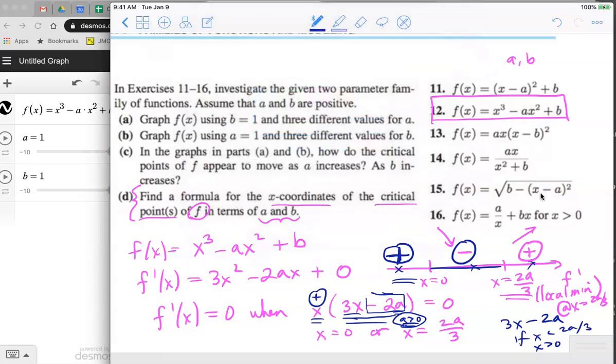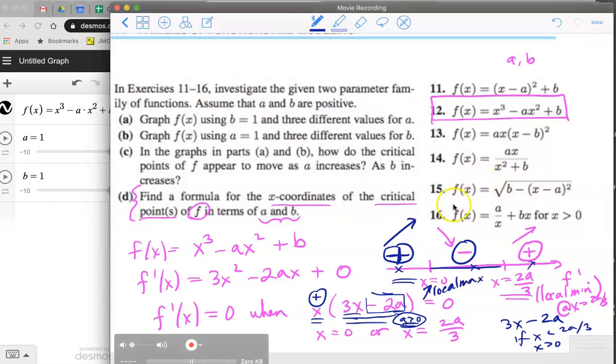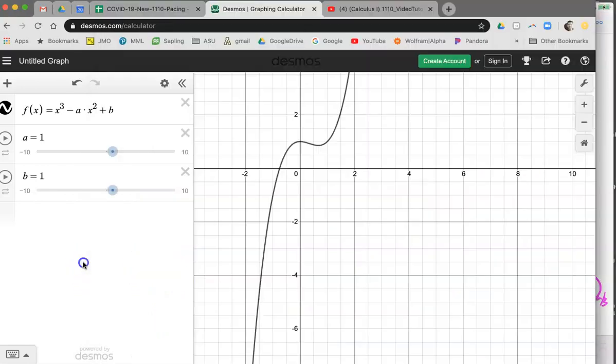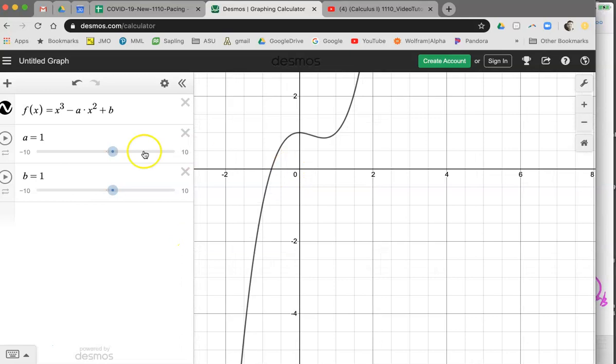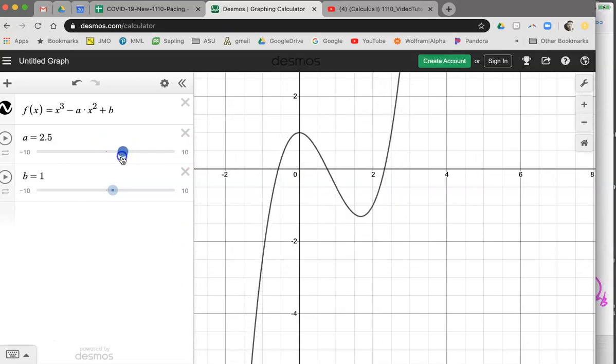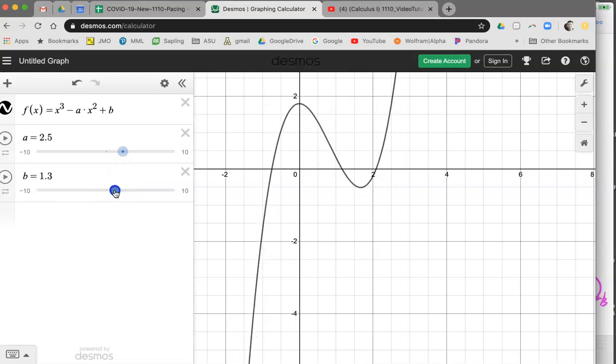And what we're seeing now is that our function goes from increasing to decreasing, so we have a local maximum, and then we have a local minimum. I think what we're seeing in this picture is exactly what we found here, that no matter the value of a and no matter what b was,